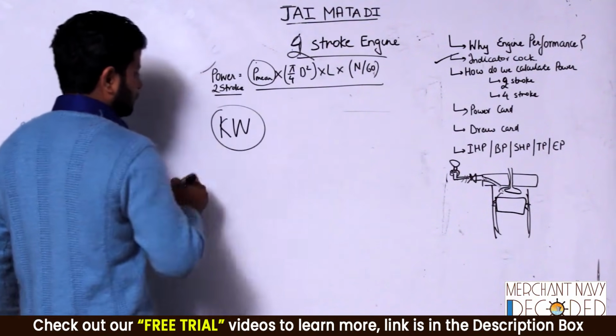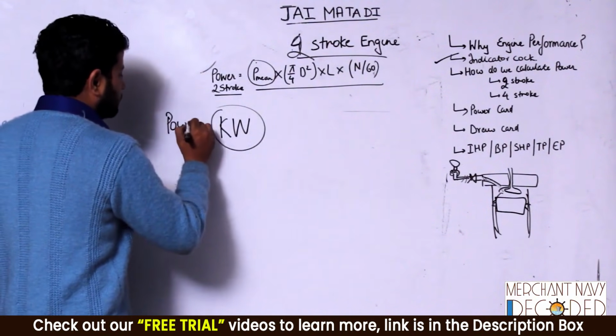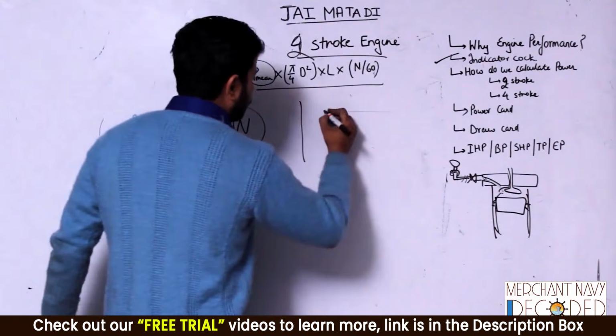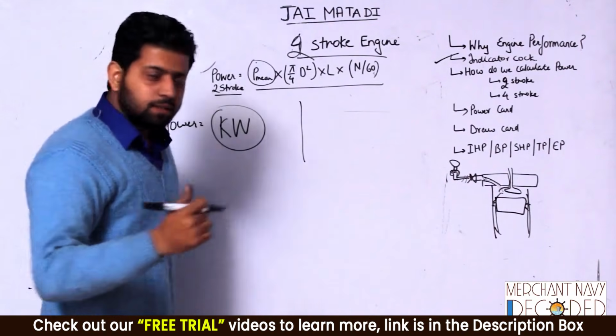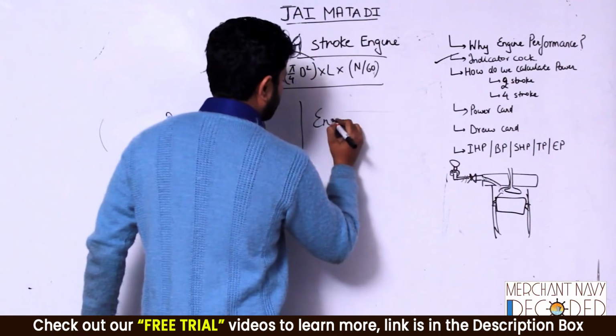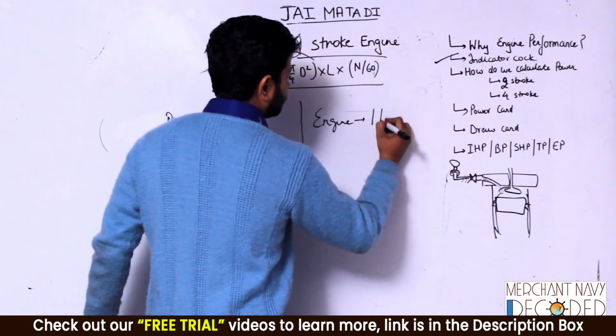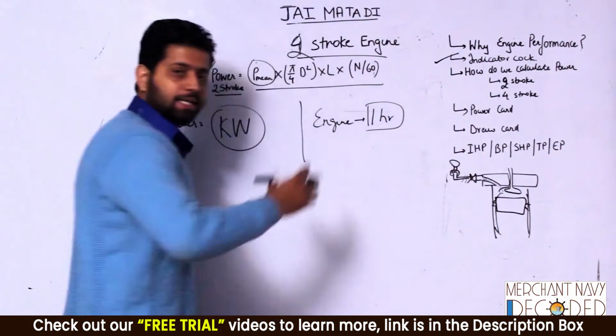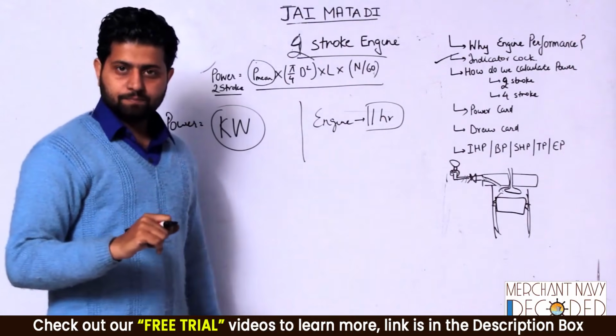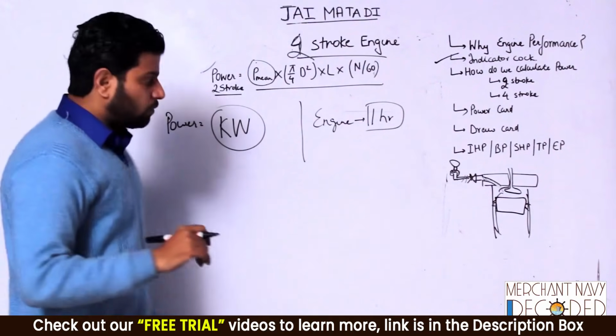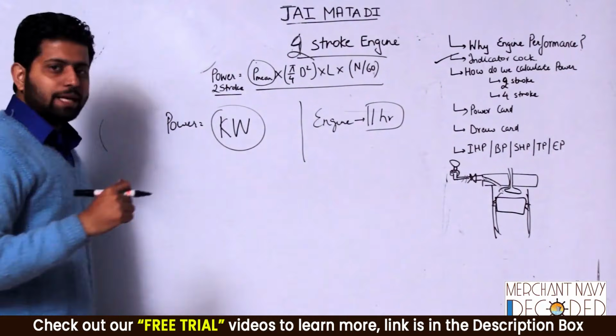Now what we do is, we run this engine for 1 hour at this RPM, or I mean to say higher load where we take the performance. Clear? Now what we have to do, guys, is we have to calculate